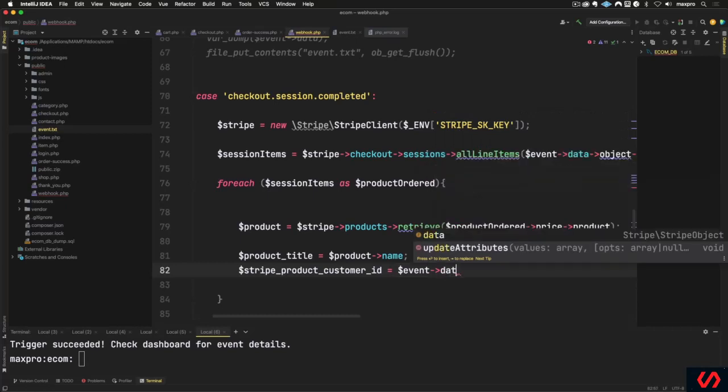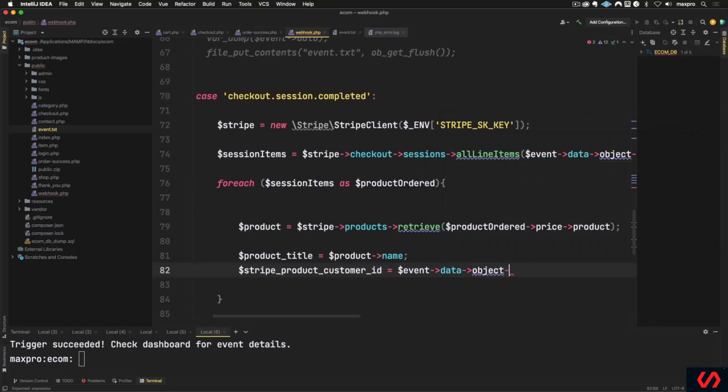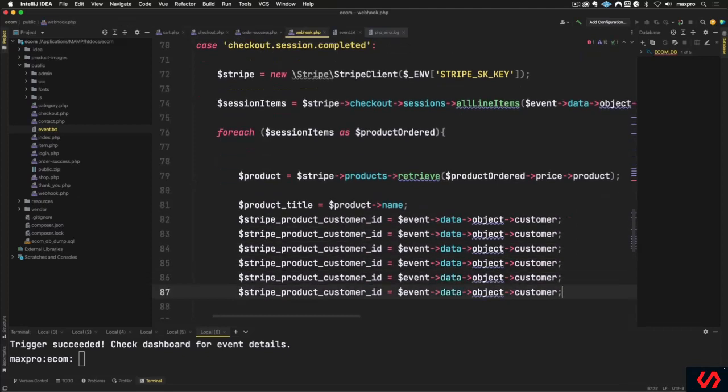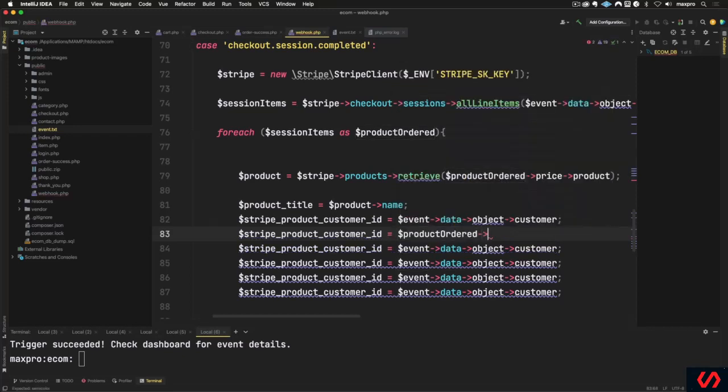You're gonna see later how this works. So object, and that would be customer. Okay, so that would be the customer. This is going to be the ID of that customer. Let's just copy and paste this a little bit more. All right, and the next one after the ID that I want, from the product order price object, we want the ID of that price,